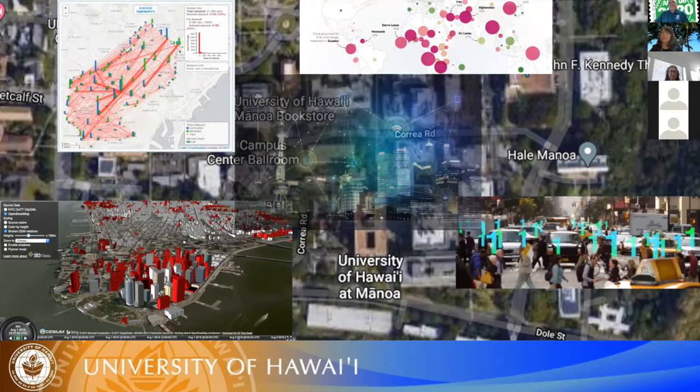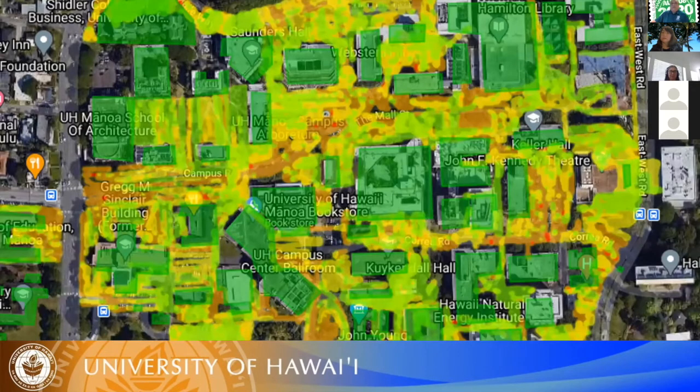So my pitch, what if we had a way to visualize activity and occupancy on campus? This is actually a screen scrape of our current wireless coverage on part of our Manoa campus. But maybe not the creepy privacy red flag, track everyone with an implanted chip thing, but understand location